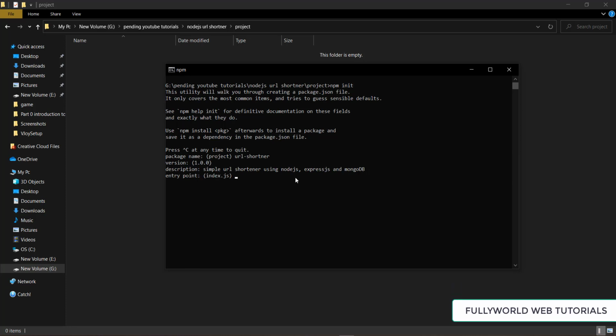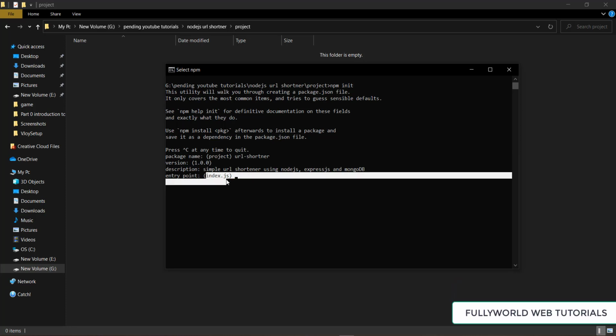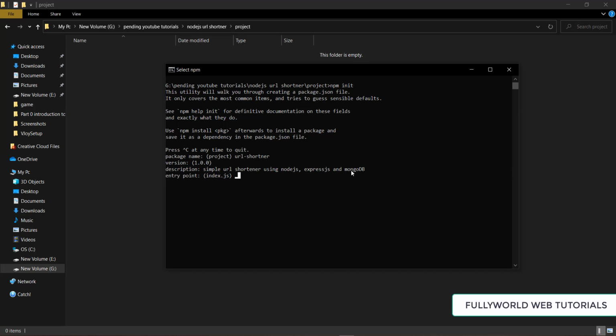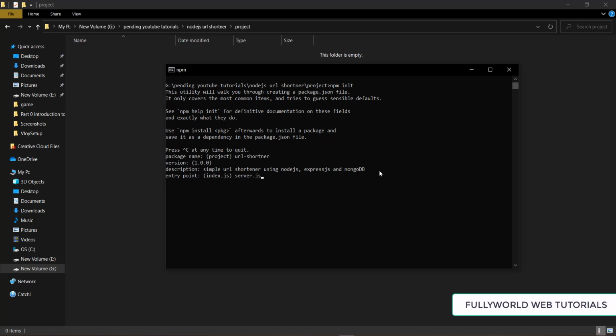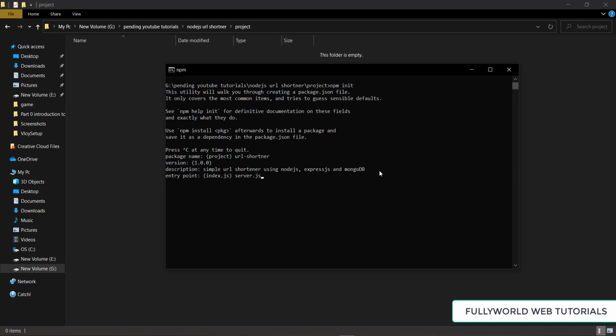The default entry point is index.js, but we will create server.js here as our entry point. That will be our main file where we will create our server. You can write any name here: server.js, index.js, app.js, anything you want.